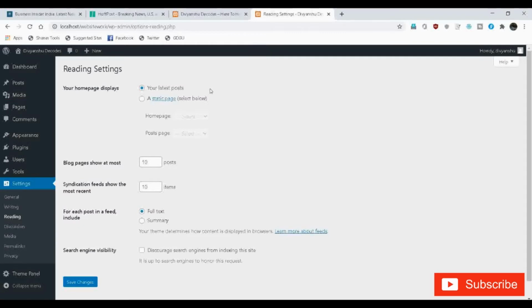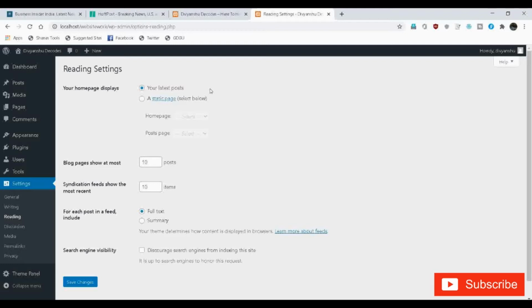As you can see here, the home page shows latest posts. See, there are 2 kinds of pages that we can set as home page. First, static and then dynamic. Static page means the same page will show up as a home page. Like we create a page and set that as home page. That will be a static home page. Dynamic home page means different pages show up as home page at different times. Like if somebody opens up a website and they find the home page representing latest posts, so the latest posts will be different at different times, right? It won't be the same all the time.